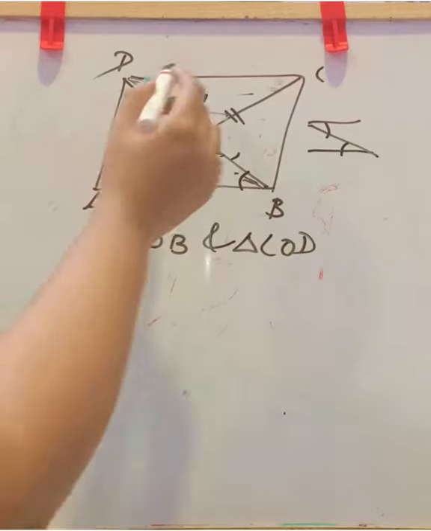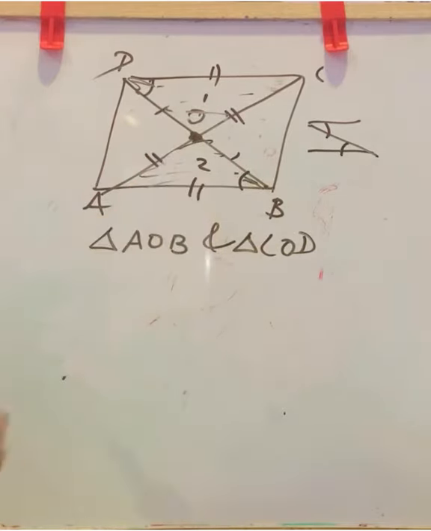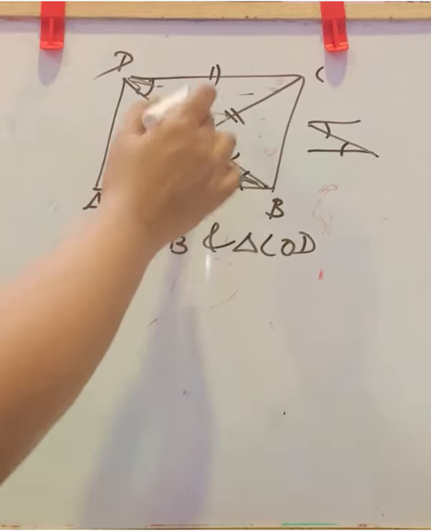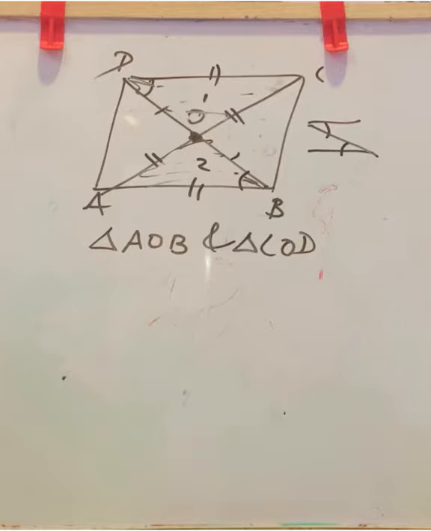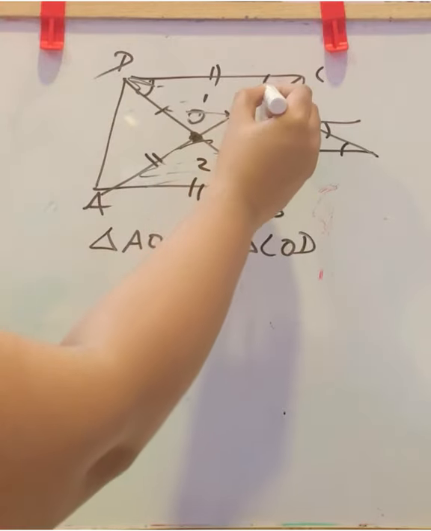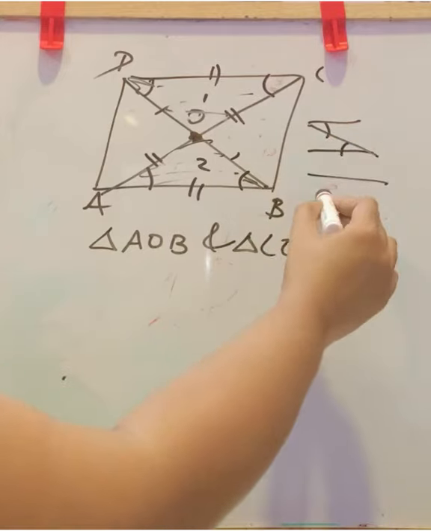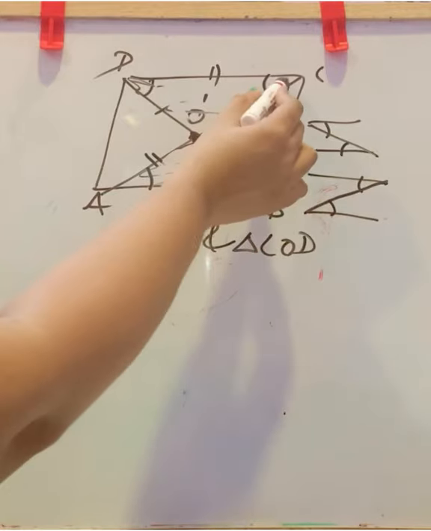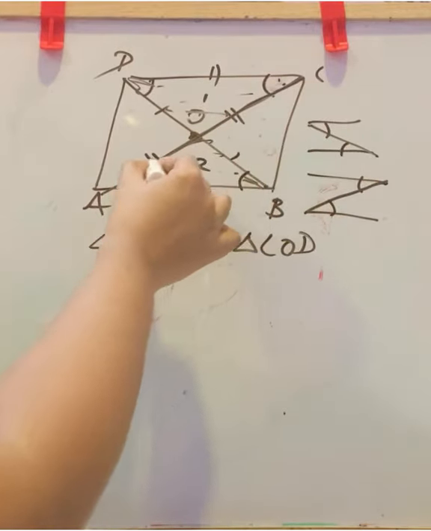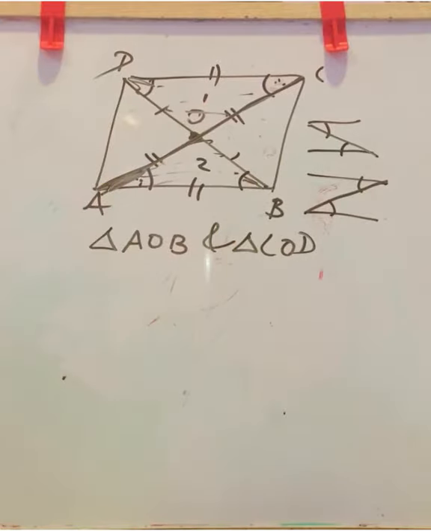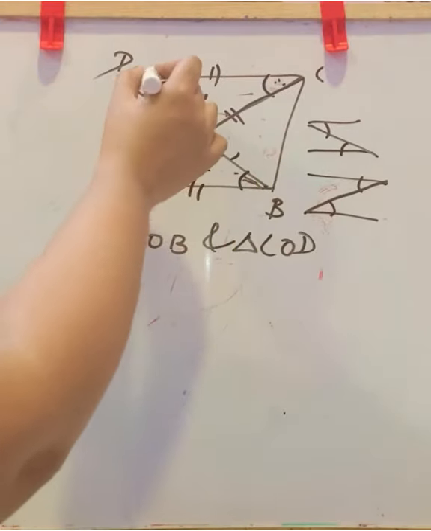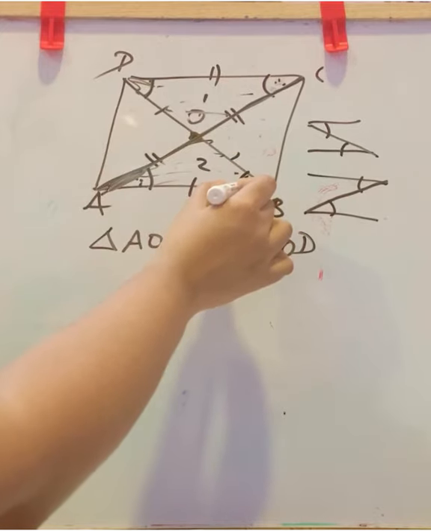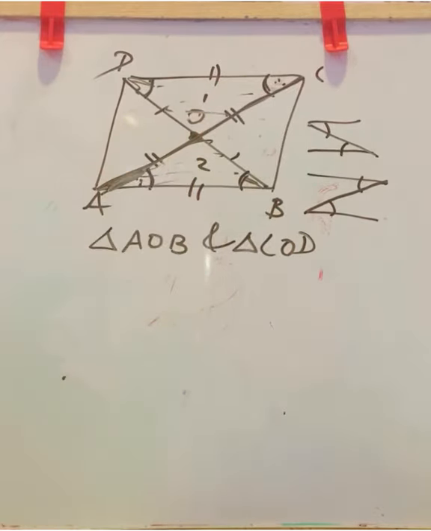Now next, these two sides are equal because they are part of the parallelogram, and we know opposite sides of a parallelogram are equal. We have already proved it. So these two sides are equal. They are opposite sides of the parallelogram. Now next, this angle and this angle, that is, these are two parallel sides and one transversal falling like this. These two angles, this angle and this angle, this is the transversal falling. So these two angles will be alternate interior angles. So we proved these angles are alternate interior angles, they are equal. These angles are alternate interior angles, they are equal.